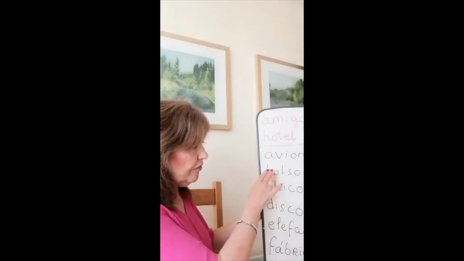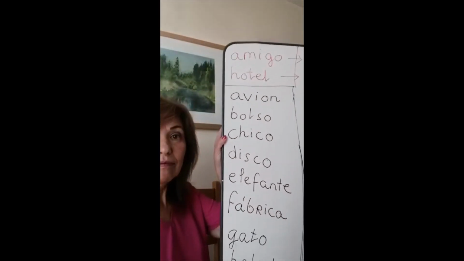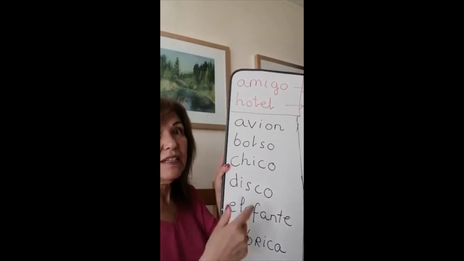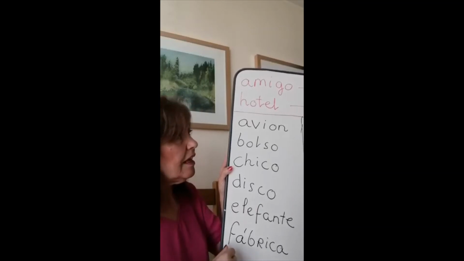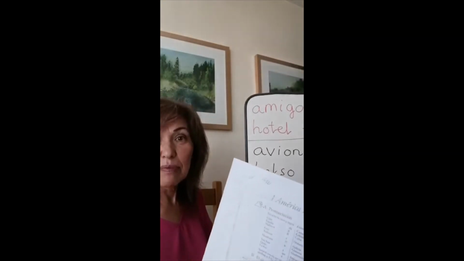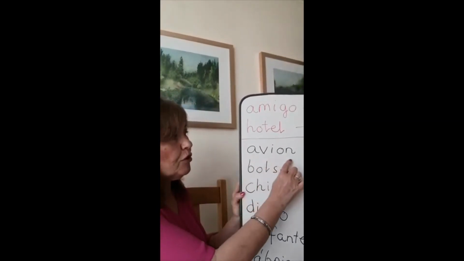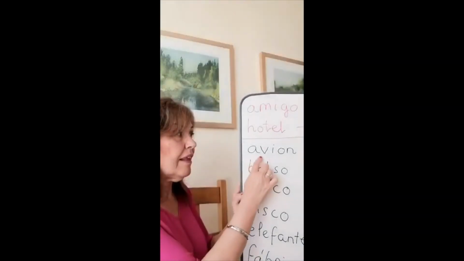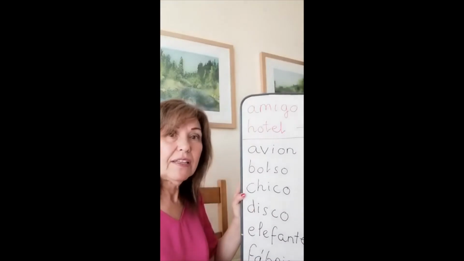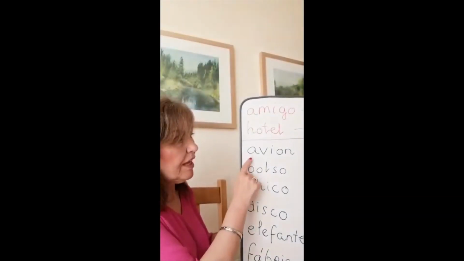So first of all, I'm just going to read these ones in the board for you, and we're going to as well remember at the same time the pronunciation guide. So the first one we have there is self-explanatory in the page. Avión, yes, an aeroplane. Remember, the letter V was pronounced like a B, yes? So for those of you that have the page, yes, you can follow in the page or here, we have avión,